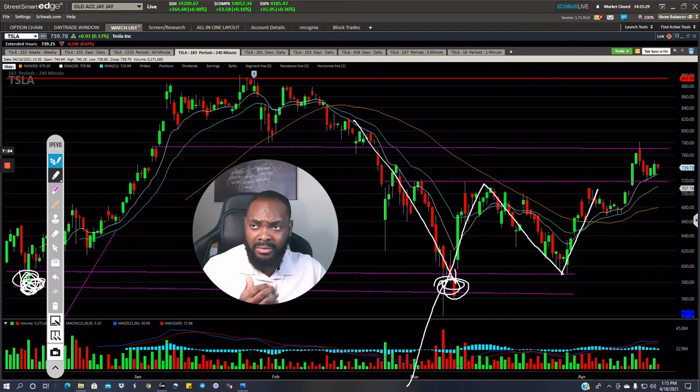So we see, if you were analyzing your chart using the multiple time frame analysis, your 4-hour time frame as well, you would have been able to see the W pattern a lot clearer on your 4-hour time frame, right? In conjunction with your daily chart, you would have known that, hey, 600 was a place to buy Tesla, guaranteed. All right, and when Tesla had run back into this level, you would have known, okay, it's time to take